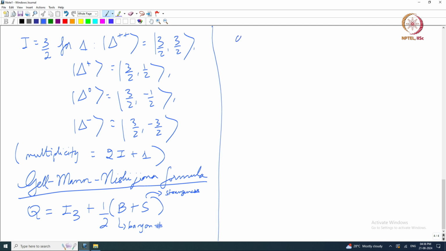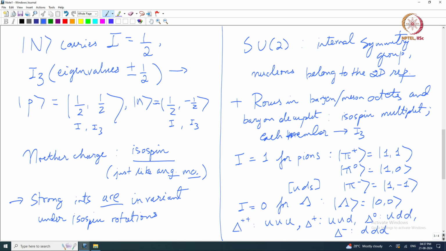Okay. So, with this there is one systematic way in which you could assign I3 using this formula, okay, and that is to assign I3 equals I to the state with highest Q basically. Notice that is what we have done here, right. Delta plus plus we gave the highest I3 possible, which is the I itself 3 halves, and then when I go back for the pion, the pi plus I gave I3 equals 1, right, and so on and so forth. And then even for the neutron and the proton, right, proton has the highest electric charge between these two, I gave it the highest value of I3, which is I, right. So, this is how you do the assignment,